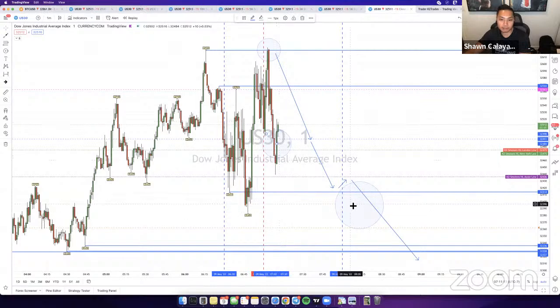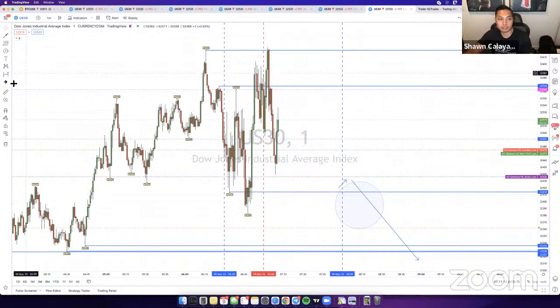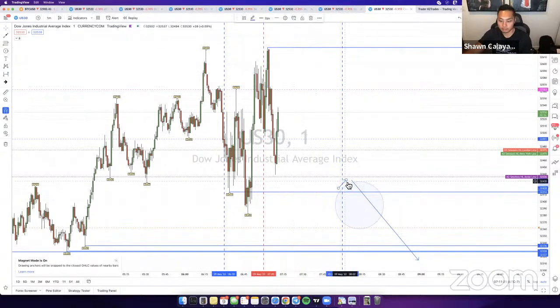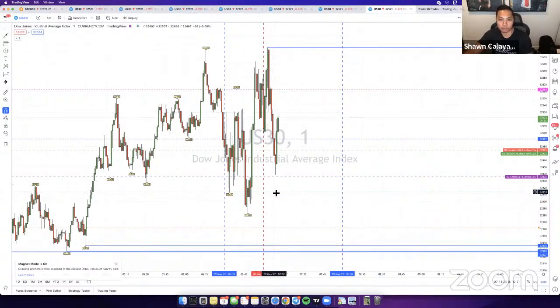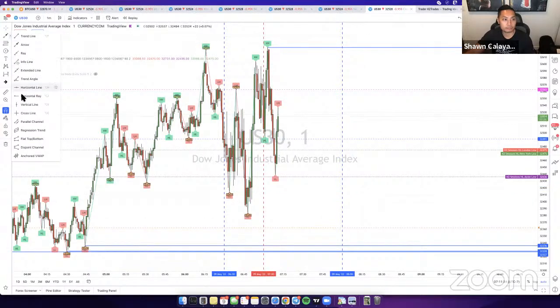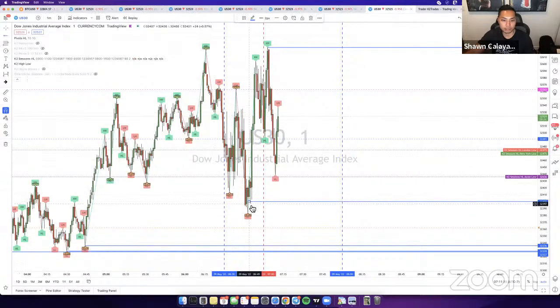If price makes its way down here, then I'm going to feel a lot more comfortable. But currently right now, I'll just clean this up. Everything I marked up basically happened already. So I'm just going to move this stuff over here, new high, remove this line, and clean it up. If I see anything else play out, then obviously I'll draw some more analysis here, but currently right now I just don't see anything.